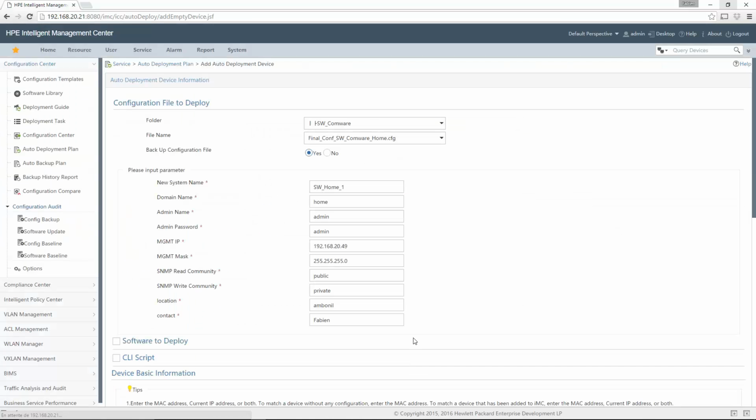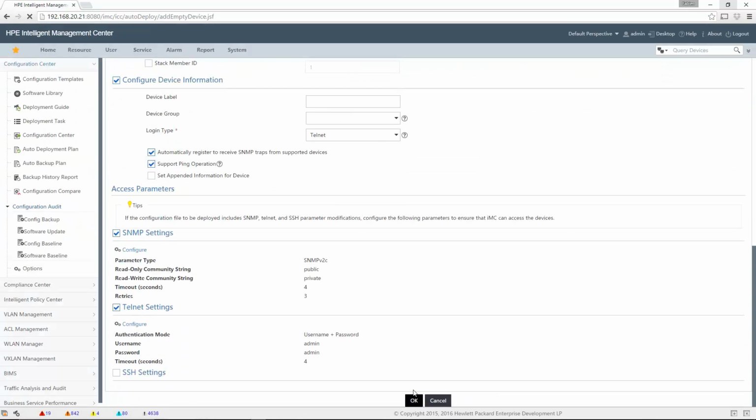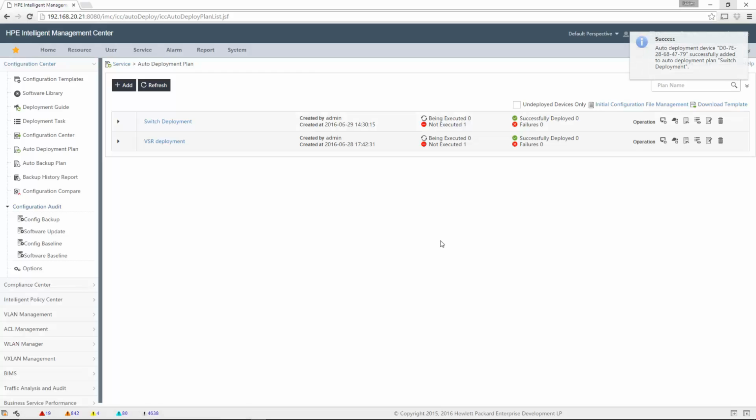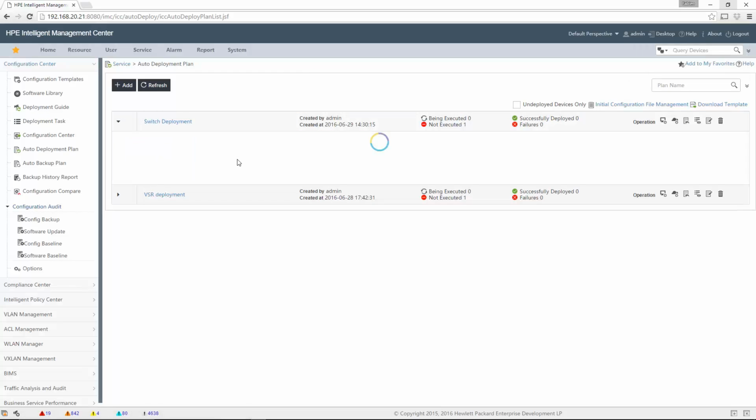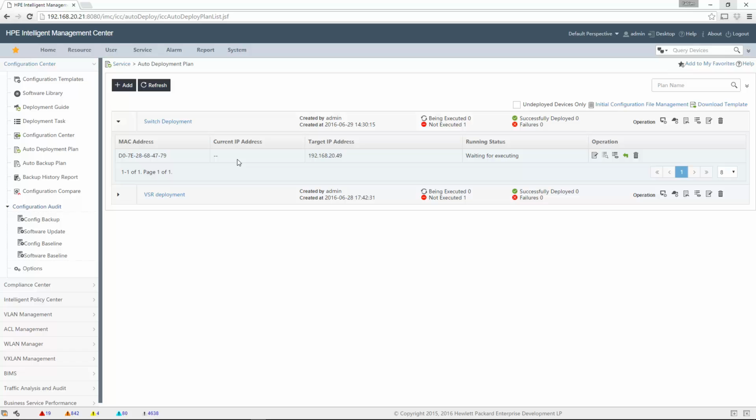Okay. And I click on OK. So now everything is ready. You can see that the deployment is waiting. So I just need now to boot the device. So let me do this. Perhaps I will cut a little bit here the